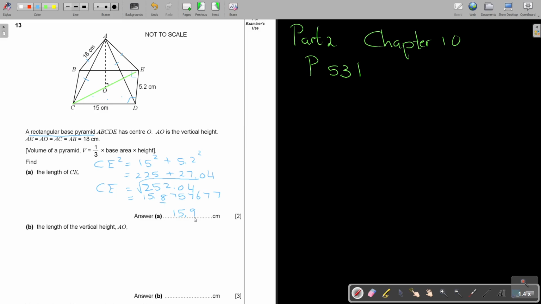Then the length of the vertical height OA. Let's quickly see how I will find the length of the vertical height. Again, do you see the 90? I can find the half of this, but I'm going to focus and find that one. And that's exactly in the middle. So I'm going to find OE. If I find OE, it is the half of